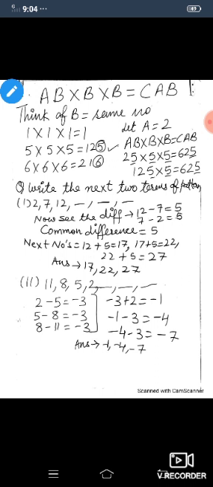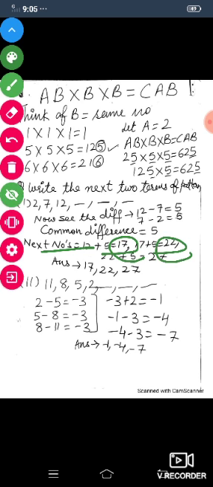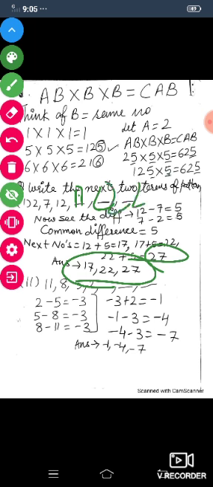Again there are some pattern questions also. We have to write the next 2 or 3 terms. The first one is 2, 7, 12 and then find the next 3 terms. Now class, see the difference from the back. 12 minus 7 is equal to 5 and 7 minus 2 is again 5. It means our common difference is 5. So now the next terms will be 12 plus 5, that is equal to 17, and 17 plus 5 is equal to 22. Then 22 plus 5 is equal to 27. So the next three terms are 17, 22 and 27.